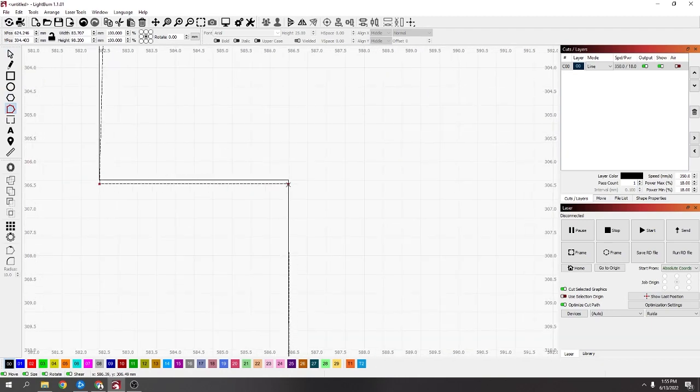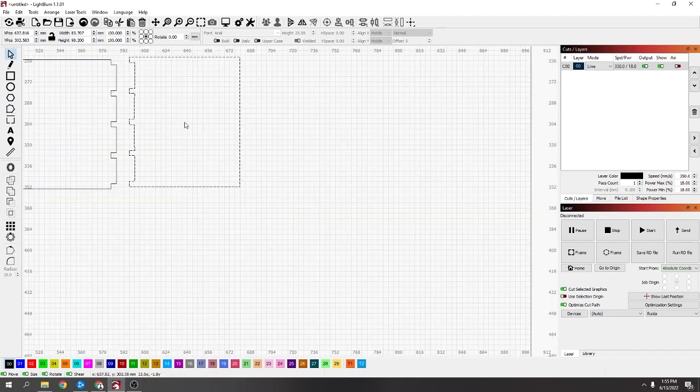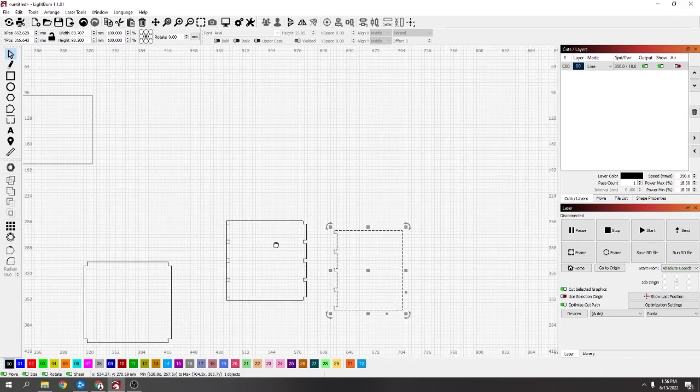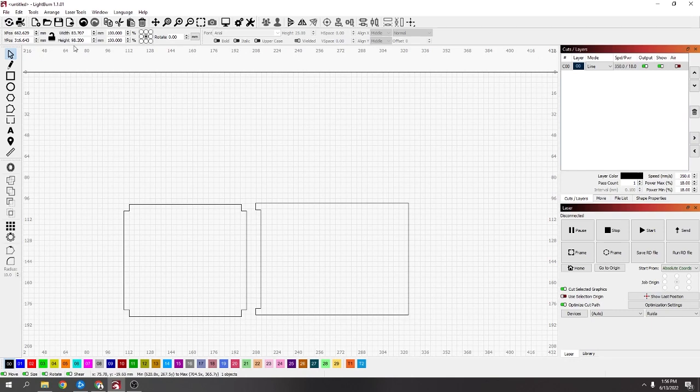The more you zoom in, the more accurate you can get it really. I've got that one that keys into this one, and I mean you can do the tabs like that anyway, but I still think the most accurate way is that original way, just by using the plus and minus from your original square. So yeah, I just wanted to show them a few little tips that I use,